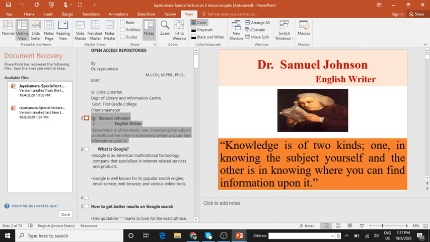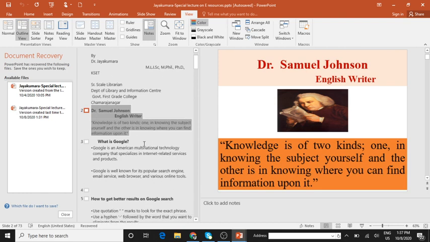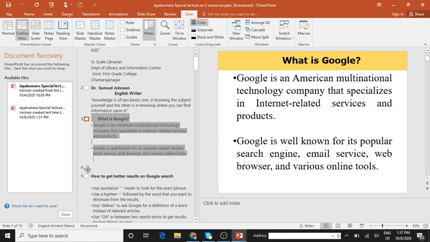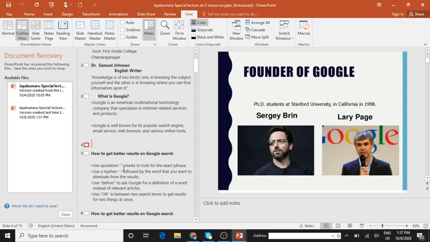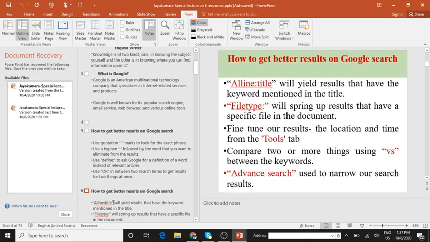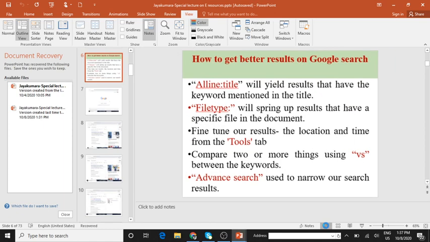Now I am in the second slide and that's being marked. If you want the third slide, click on that and the third slide will appear, and so on. Fourth one, then fifth. So this is your normal view. Got it? Fine.